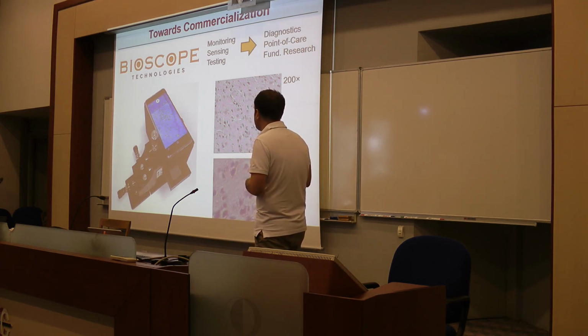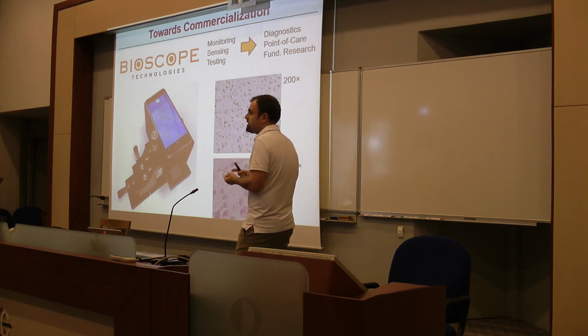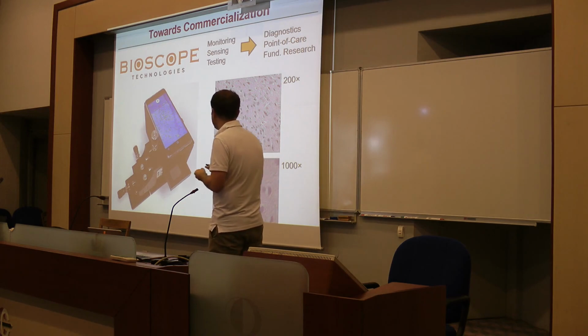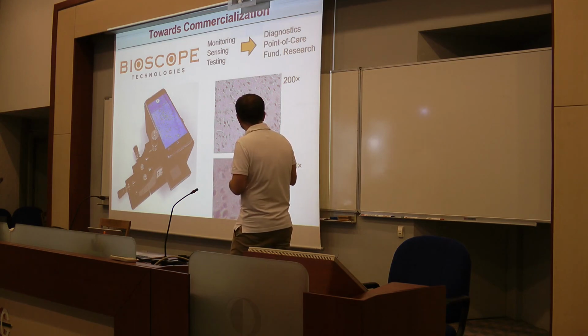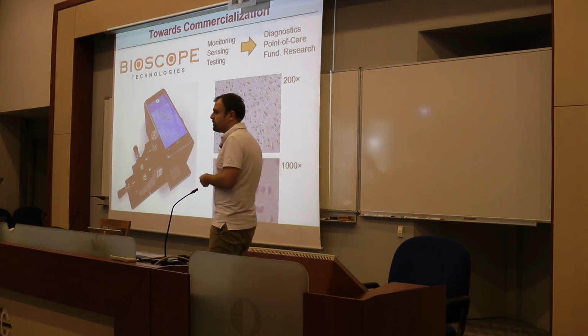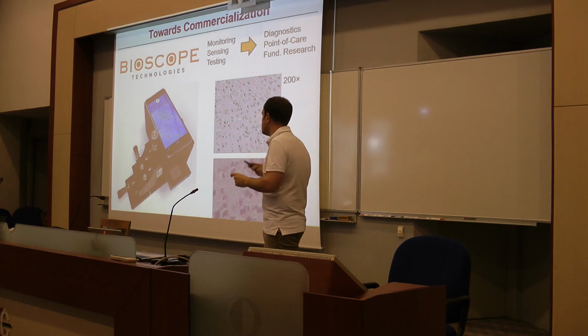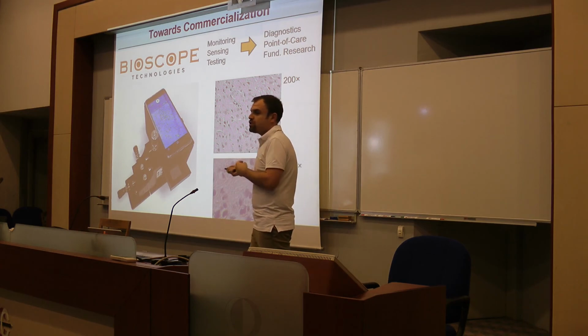So this platform can be used for different labs like pathology and histopathology, or people doing cancer research or any type of basic research. We could get even 1000x images, like these are all single cells. This is like 200x, so you can easily recognize cells in the whole picture. And this product is in beta test right now. We're talking with people, and we would like to commercialize this product. So in the future, if you're looking for a job, so